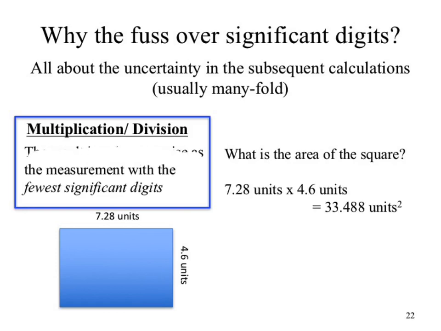Yeah, I looked at the bottom of the screen too. It wasn't there. Okay, it comes out to 33.488 units squared. Don't stress about the units necessarily yet. That's what your calculator spits out. Are you correct? No, you're wrong. What is the correct answer?